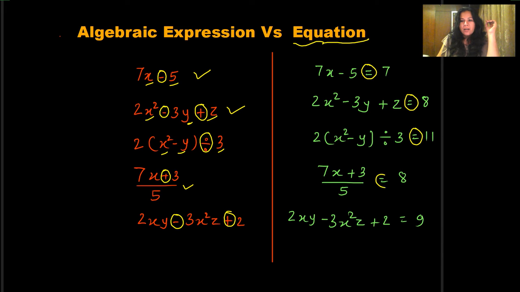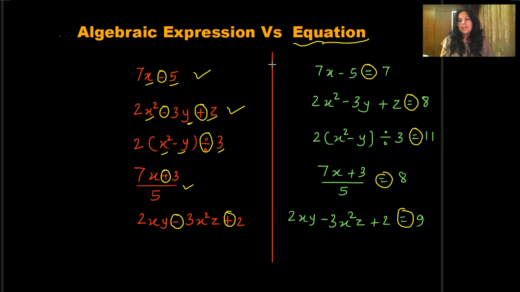Okay, children, and there are always two sides of the equation. One is called the left hand side and the other one is called the right hand side, and between both sides we have the equal sign. So, an equation means a statement of equality, where both the sides have the equal value, then only we put an equal sign in between. If one is greater and the other one is smaller, then the equal sign cannot be put there. So, an equation is the statement of equality.